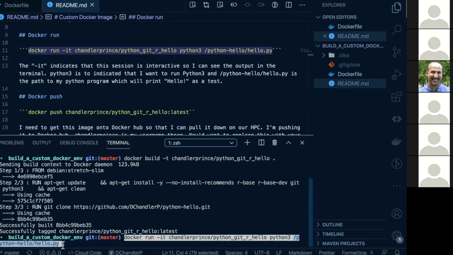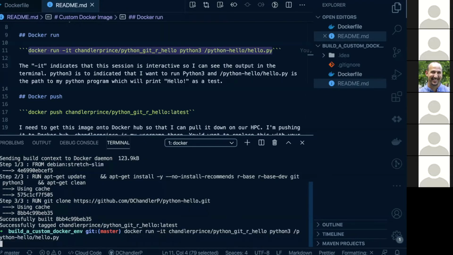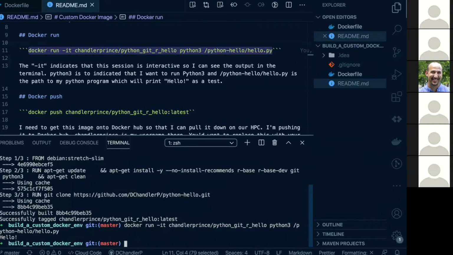In this case, when I did a git clone, there was a python-hello directory, and inside that directory there was hello.py, which is going to print hello py. So I press enter, and you'll see it runs just fine on my local machine. So I'm like, oh, okay, I'm good to go. So now I can push it, and then when I go to Compute One and pull it down, I think it should run. So to push it,